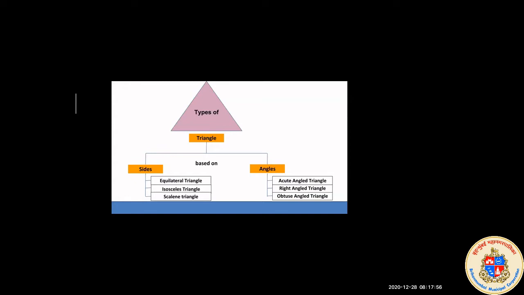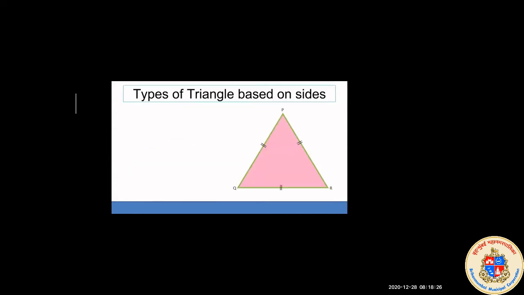Now see, many students get confused between the isosceles triangle and scalene triangle because the names are a little bit similar. So just be careful while understanding and while writing. Once you understand the concept very clearly, confusion will not be created. So just pay attention and listen carefully. On the basis of angle, it has acute angle triangle, right angle triangle, and obtuse angle triangle. Now we will study first what an equilateral triangle is.